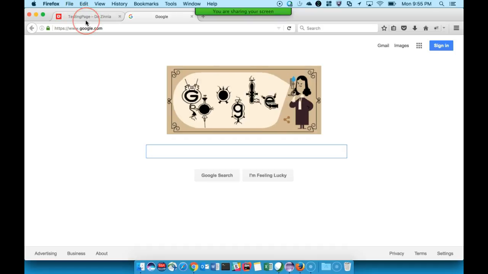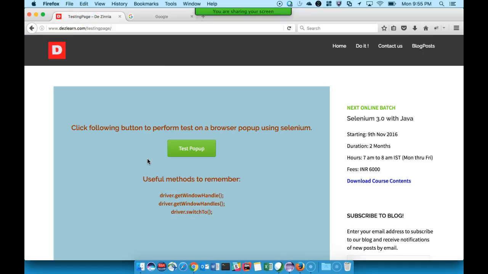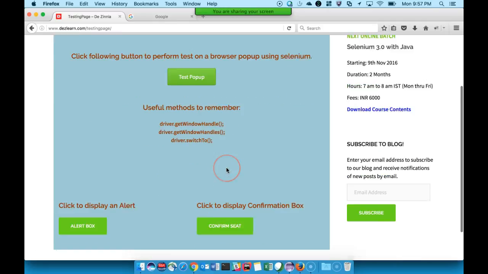Why it looks so challenging is because there is a concept of window handle in Selenium. Whenever we use a driver, that driver gets associated with the window on which it is working through a window handle. That is nothing but an ID through which it gets associated, and it works only on that browser.